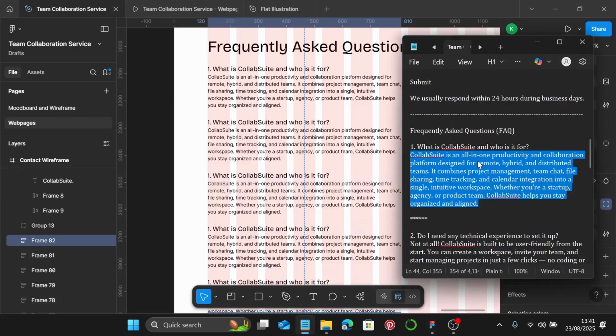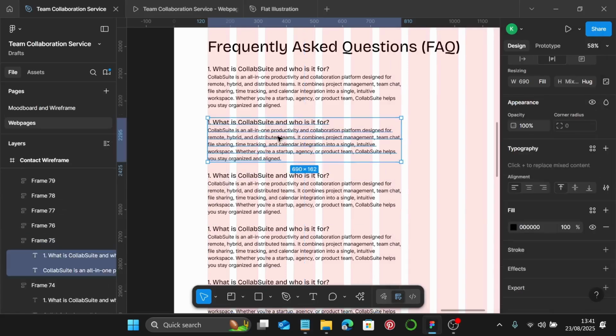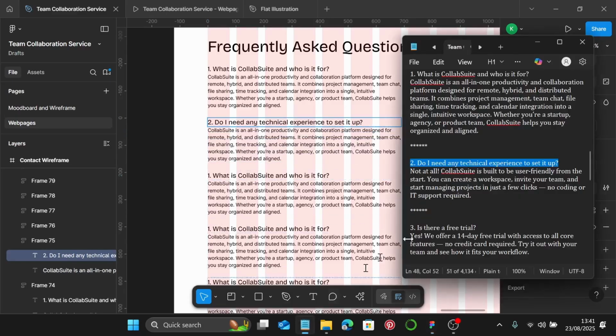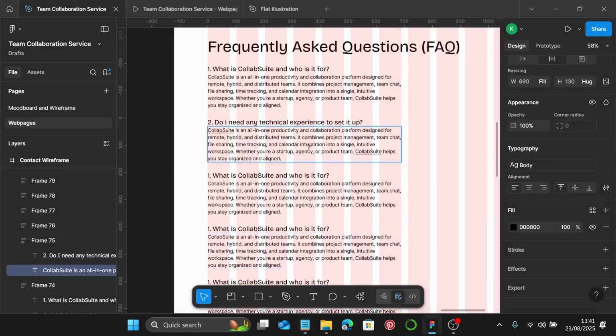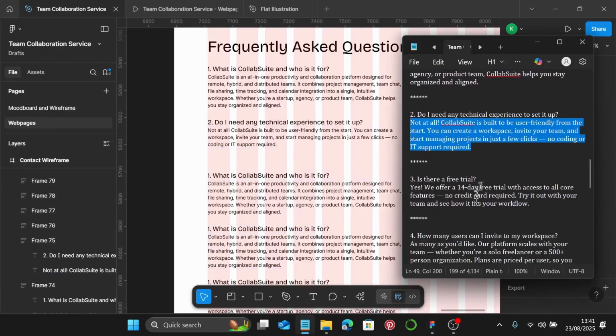So I'll go back to my notes, copy number 2, the question for number 2. I'm going to paste. Let's copy the answer and paste that. Yeah, let's go to the next question,